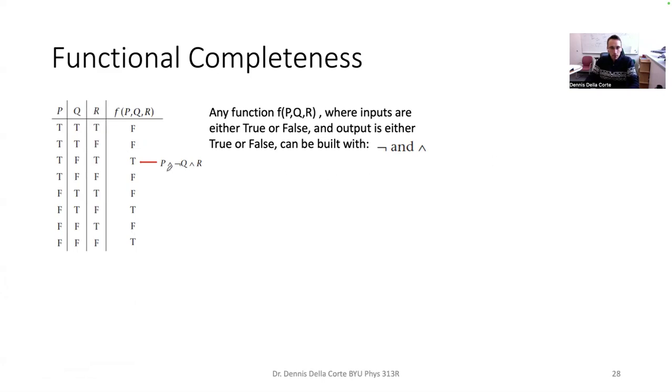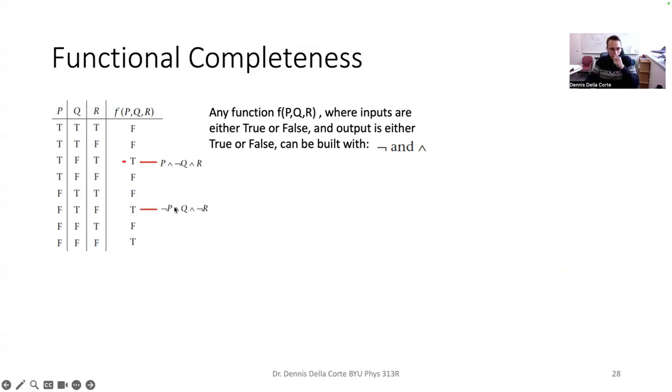Well, if you want to get a true right here, then you have to make sure that the statement says, I want to get a true only if my P statement is true, and my Q statement is not true, and my R statement is true. So P and not Q and R will give you this T here. So I'm able to build these rules for each of these rows to give me exactly that outcome,